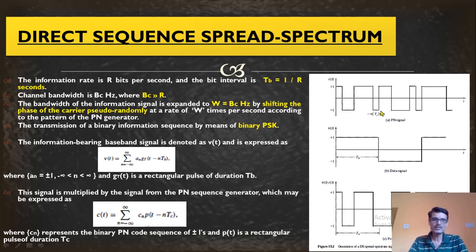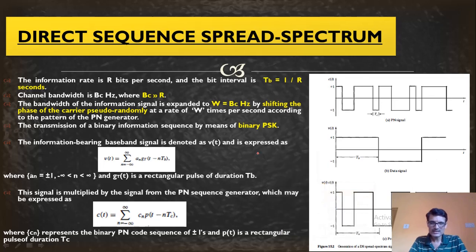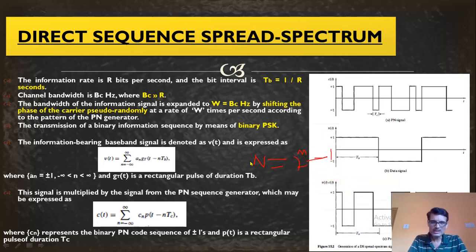This PN pattern generator, or the LFSR, as I usually call it, will have a number of bits in its output that depends on the number of memory elements. As you know, the number of bits n is equal to 2 power m minus 1, where m is the number of elements. So if m is equal to 3, n will be 8. If m is equal to 4, n is equal to 16.